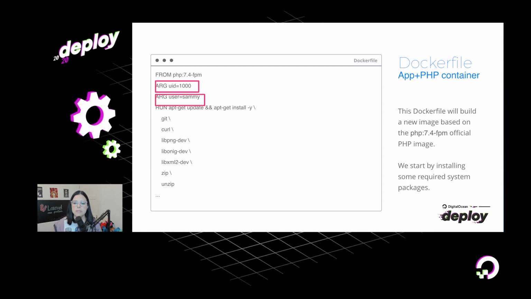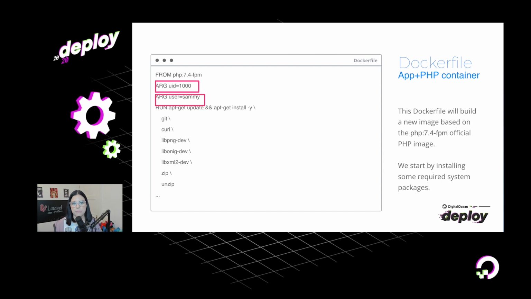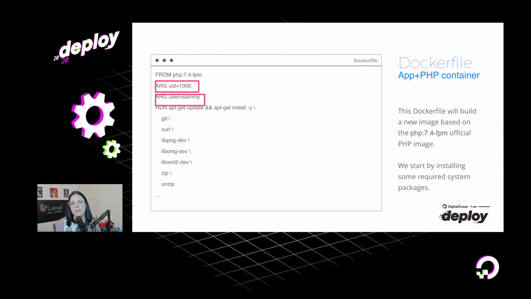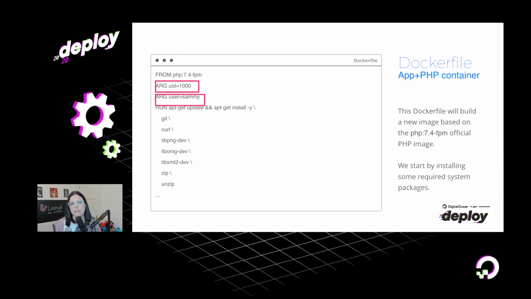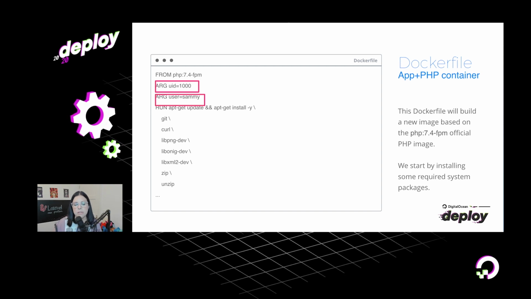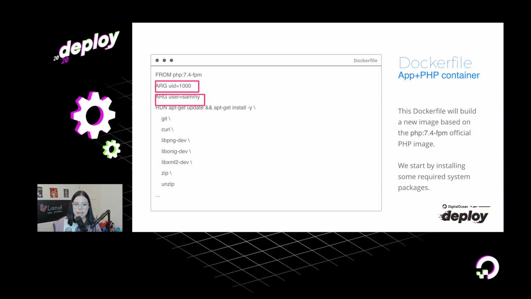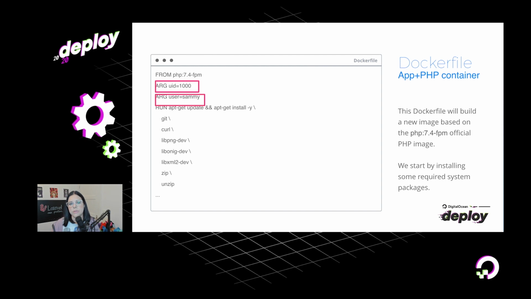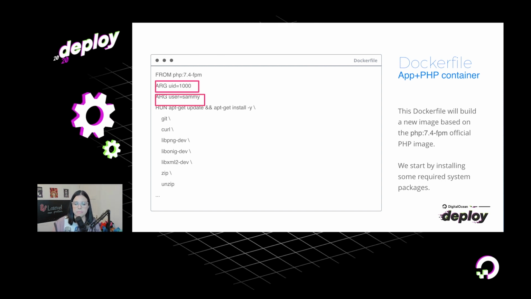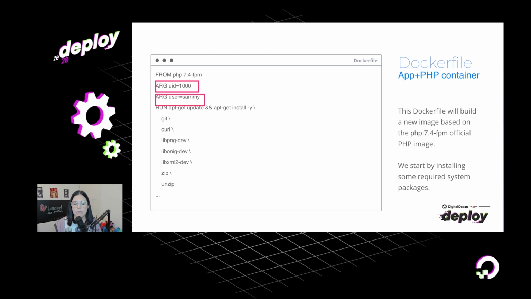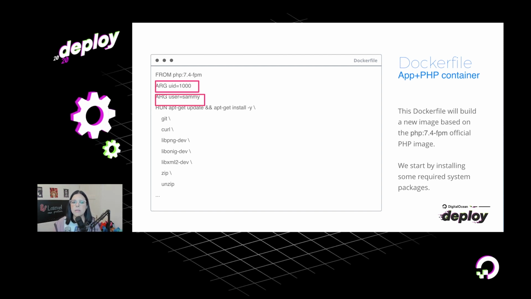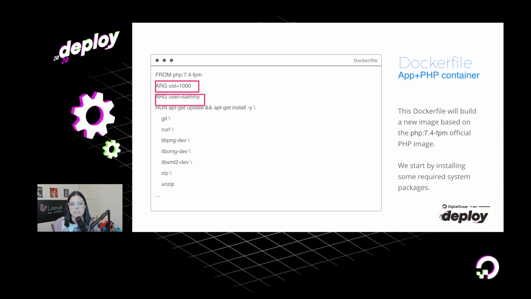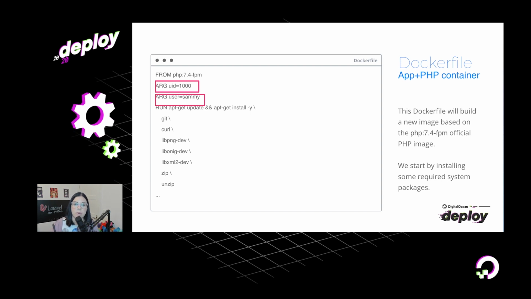And why is that? Because you will be creating files in both directions. You're going to be running some commands that will generate files inside the container, and you need a user with the same UID for that. Otherwise, you're going to run into permission issues when the files are created there and you want to edit them on your host machine using your IDE. So you need a user with the same UID and the same name as your current user on the host machine. After we set these variables, we run apt update and install commands to install some required packages.